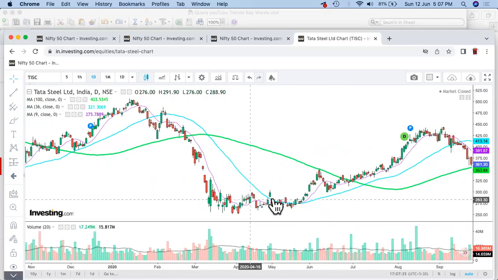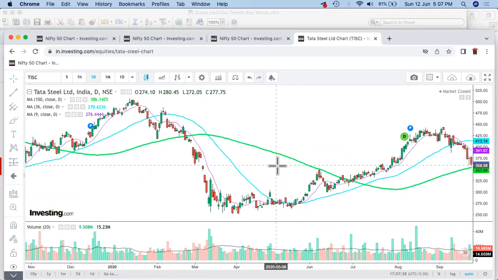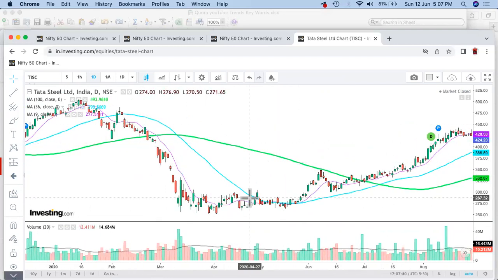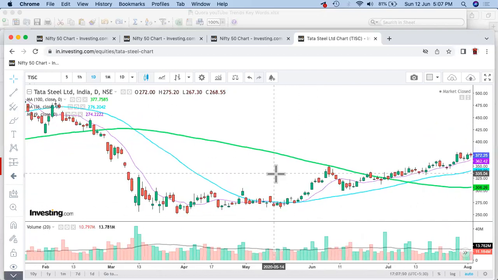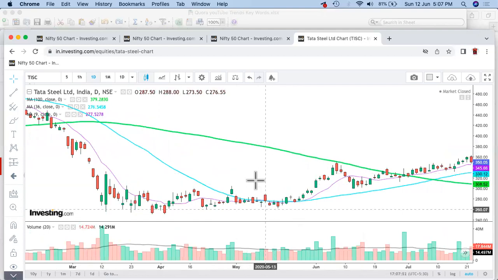But here gradually I probably got a crossover from here. Crossover in the sense of the moving average. It has probably taken support at the 36 moving average. So here I saw that, okay, fine, the moving average has started moving up. So probably on the basis of that 36 moving average, let's say,